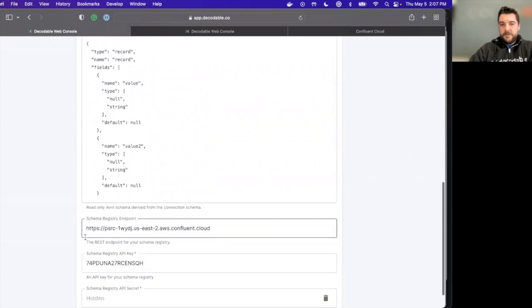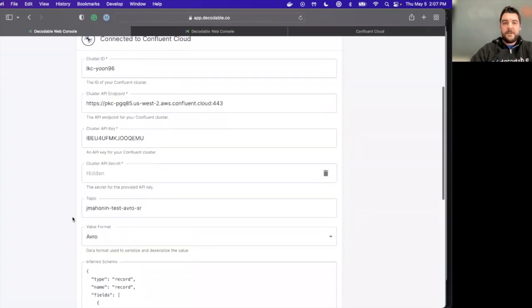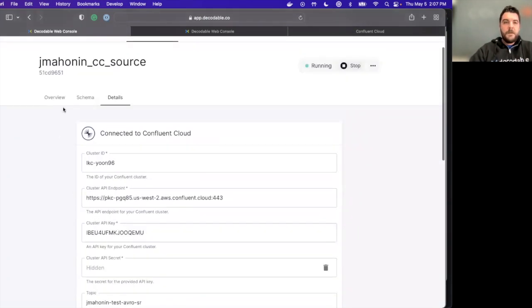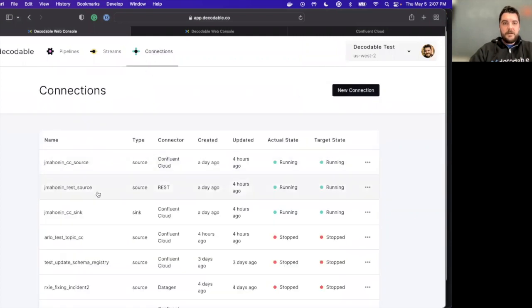And there's more configuration options for that below, but this is how this connection interfaces with the schema registry. So I've also got defined here a sync connection. What we're going to do is run through the scenario. We've got a source connection defined. It's Avro schema, and we're just going to send some data to it and make sure that flow